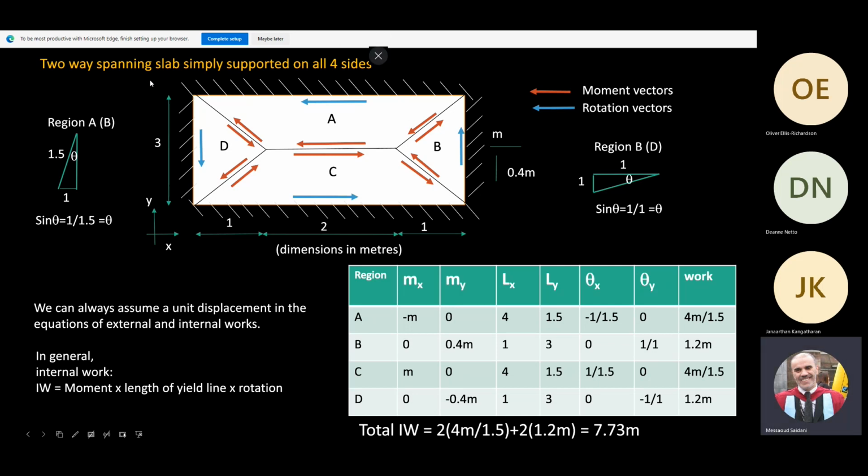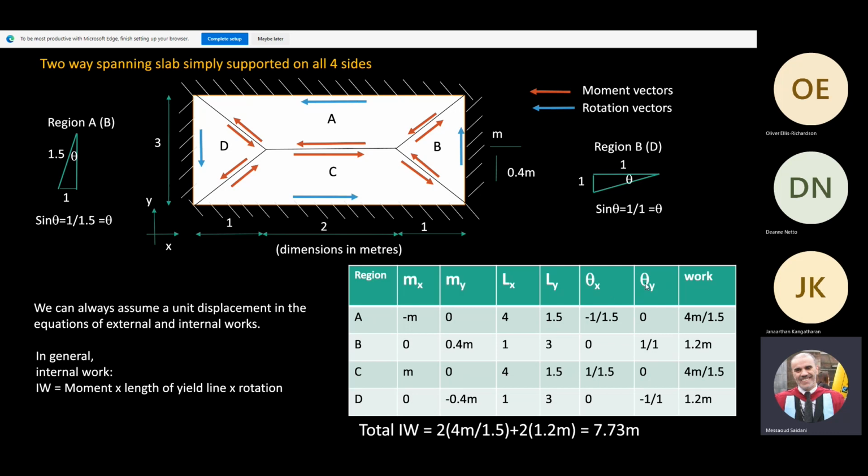The reason we have done it this way is that now I've got the vector directions for the moments and for the rotations. And what I've done here, I've created the table, and in this table I have the four regions: region A, region B, region C, and region D. For each region, I'm going to obtain the moment of resistance in the X direction, the moment of resistance in the Y direction, the length of the yield line in the X direction, the length of the yield line in the Y direction, the rotation,